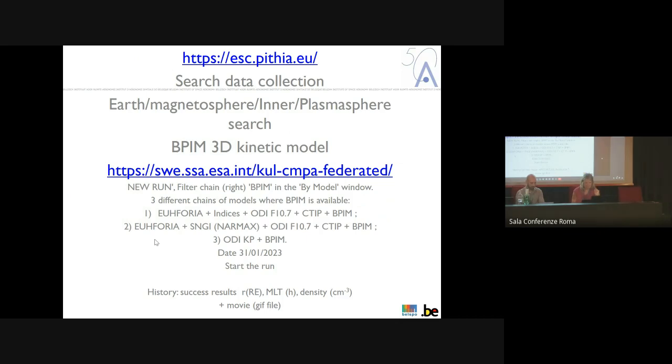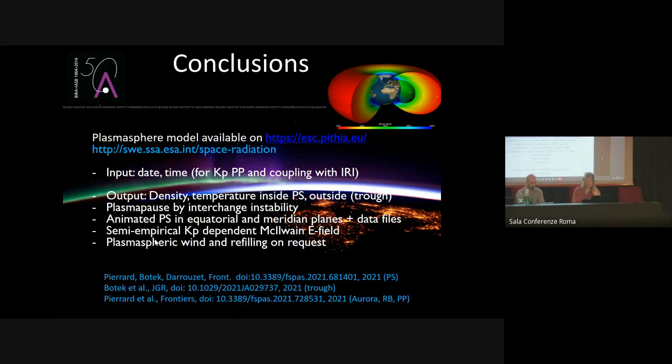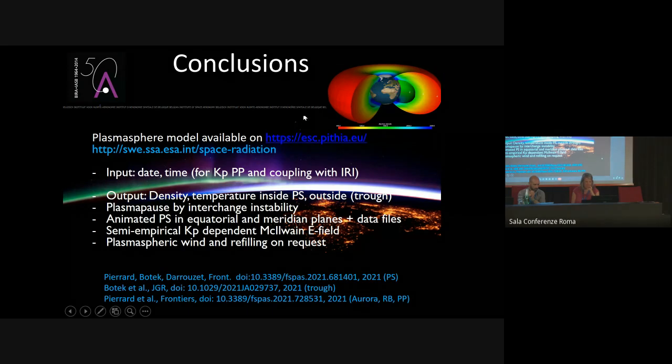So before I show you how you can reach all this information on the PITHIA platform, exactly, I summarize the important information about the plasmasphere. The model is available on the PITHIA website via the virtual space weather modeling center. It's also available in real time on the Space Situational Awareness website of ESA, in the section Space Radiations, where you can also find the EPT observations that I have shown to you. These are observations from our instruments for radiation belts on